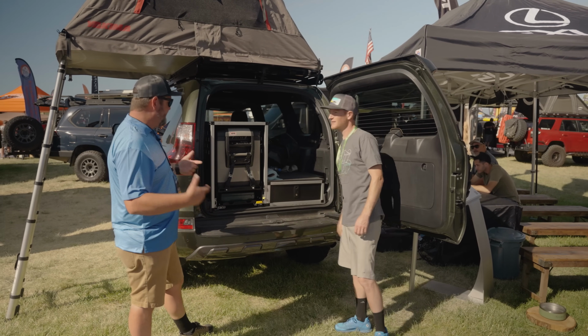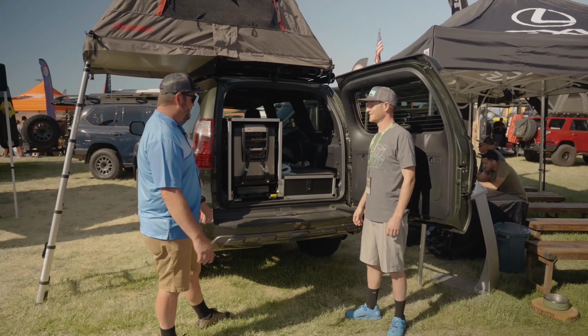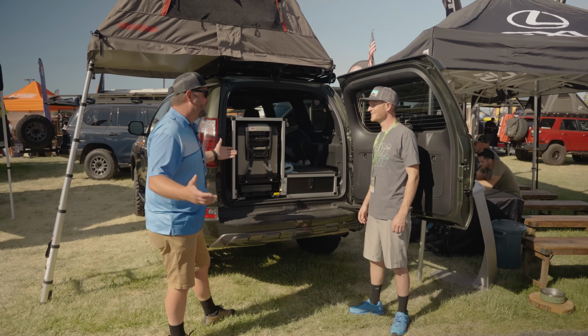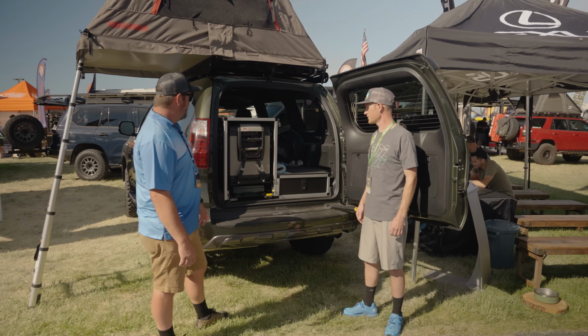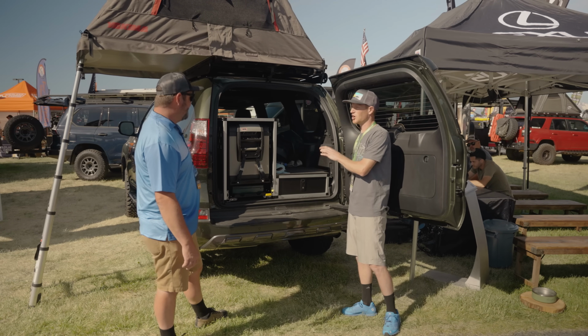That's massive for your day-to-day living out on the trail and when you're off-roading, and also just the set it and forget it factor. So all that stuff lives in the vehicle. You don't leave it on the shelf at home and forget it, right? Exactly. You never have that driving away thinking, man, did I remember to get that? It just has a home and it lives in there. That's my favorite thing. I know in my own personal vehicle, just having that dedicated storage and always having my